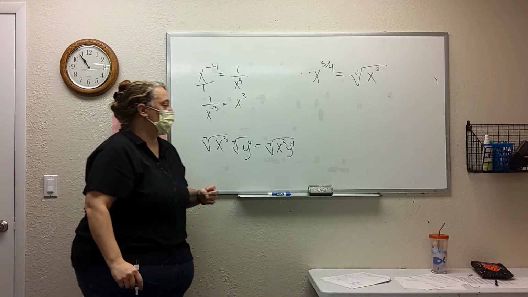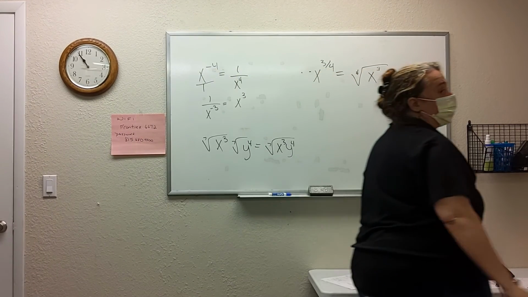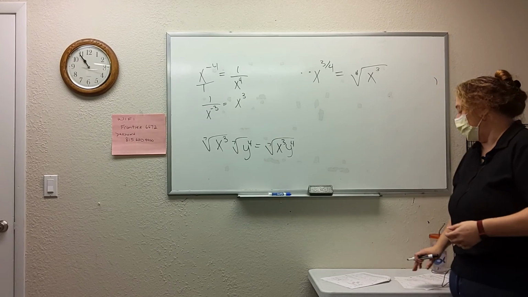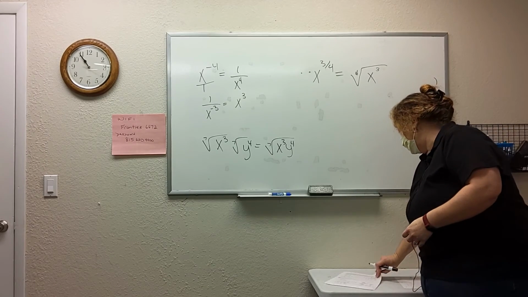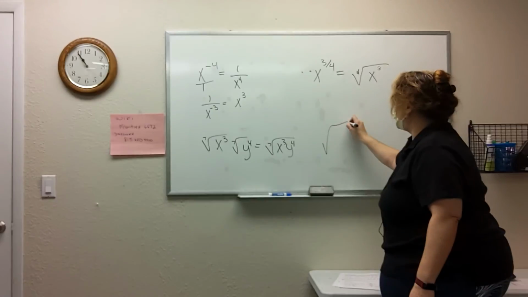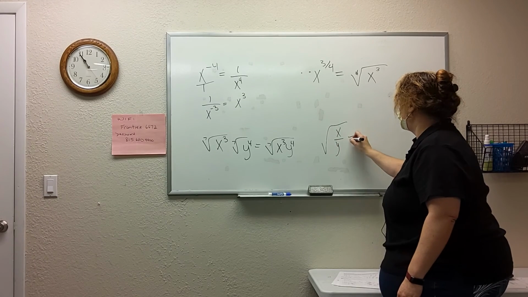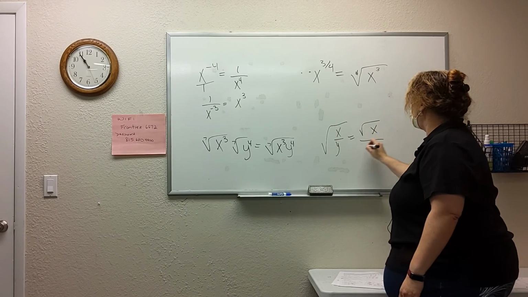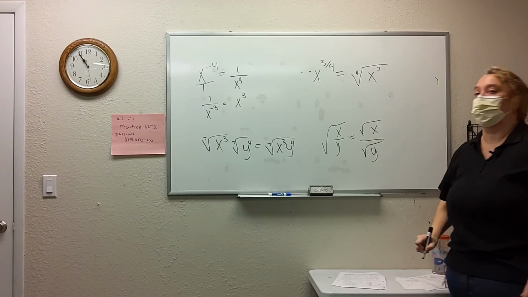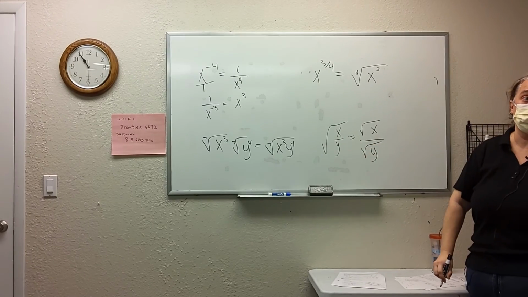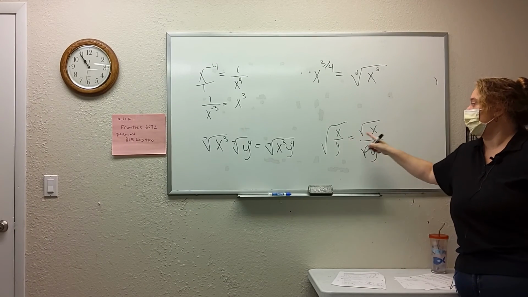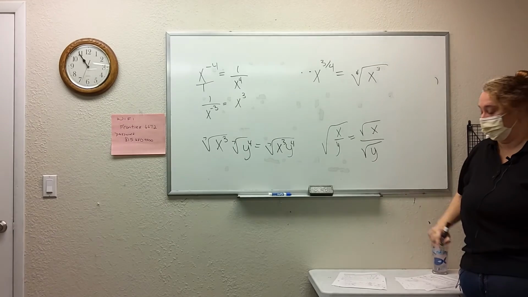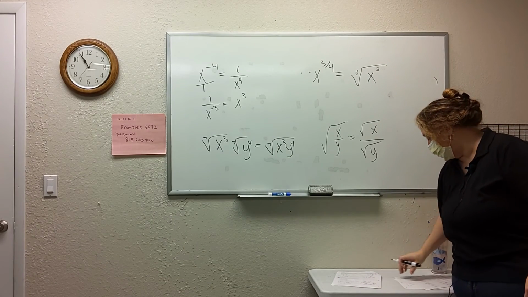Okay. Now, if we can do it for multiplication, we can do it for division, and that's the rule on the bottom right. So on the bottom right, we have the square root of x over y, and that's going to be the same as the square root of x over the square root of y. Again, I just broke it up. This is also how we do fractions, by the way. If I have the square root of 1/4, that's the same as the square root of 1 over the square root of 4. Okay, now,